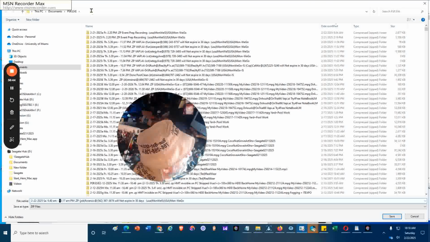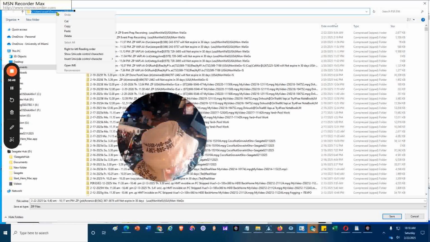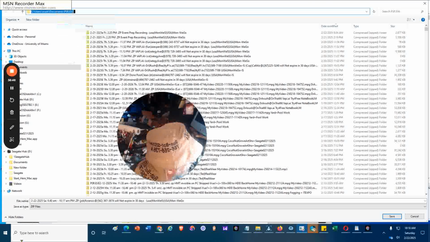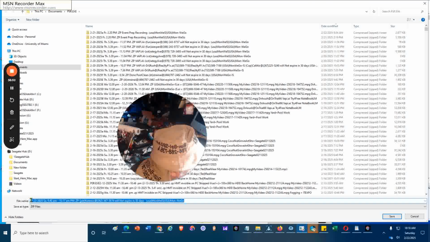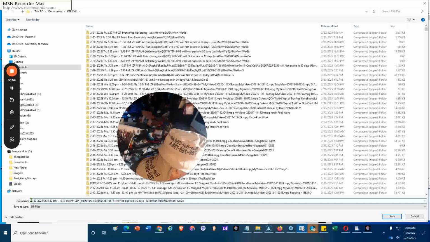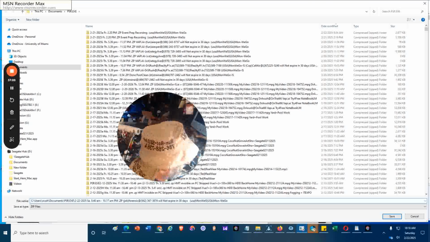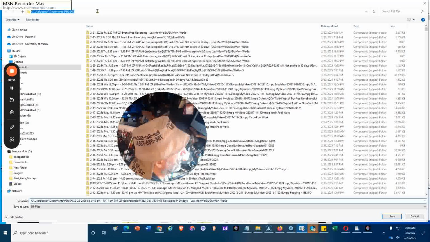So I'm going to mark the path, copy to the clipboard buffer, then insert it at the first position with Control V followed by a backslash. And now I got the prefix of the path to psr.exe, which stands for Problem Step Recorder Executable. One more review, I click on the path at the top,